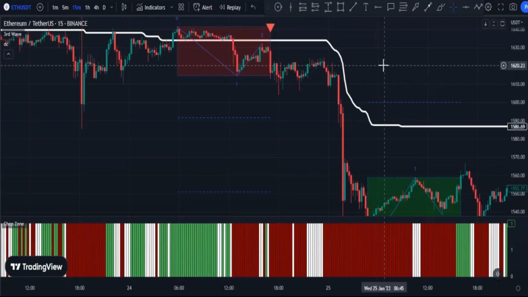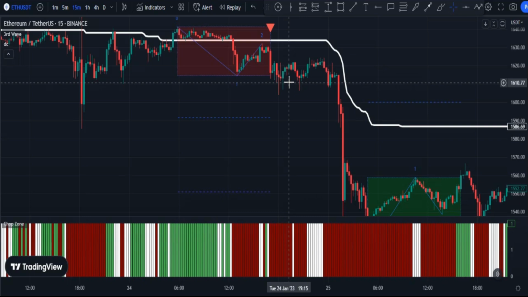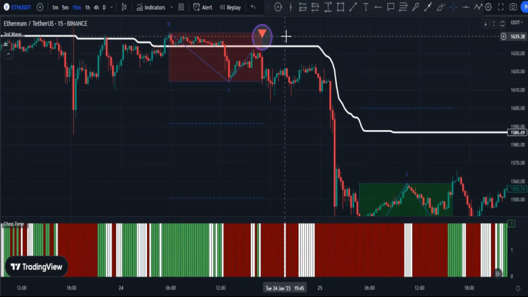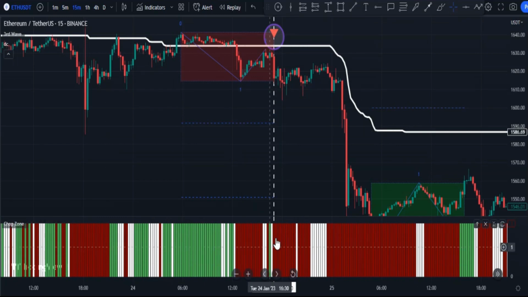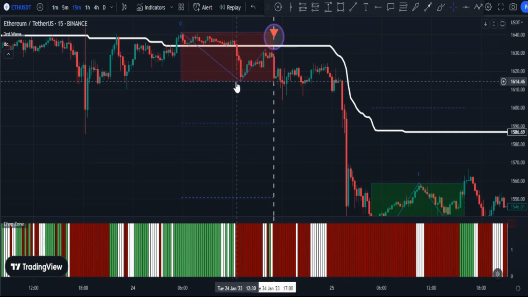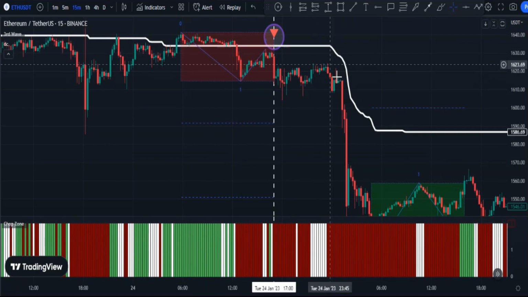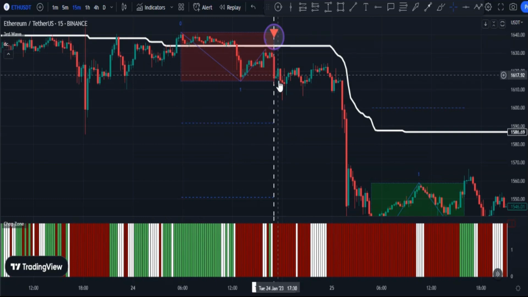It is the opposite for the sell trades. To enter sell trades, first we need a sell signal which has been given here. Next, this sell signal needs to be confirmed with chop zone indicator. Here, chop zone's histogram is red, so the signal is confirmed with the chop zone indicator as well. Lastly, the price must be under the Don't Change Channel graph, which is true here, and that means this signal